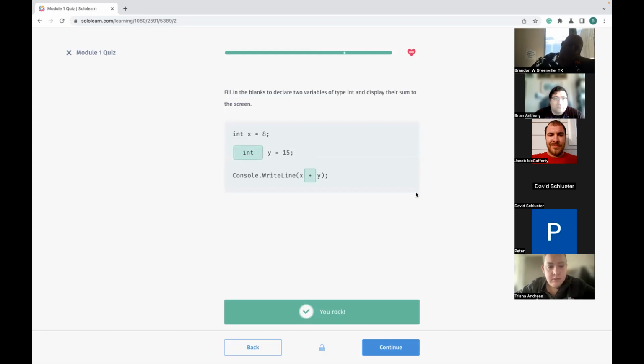Okay, fill in the blanks to declare two variables of the type int and display their sum to the screen. So we've got int x = 8, and then int y =